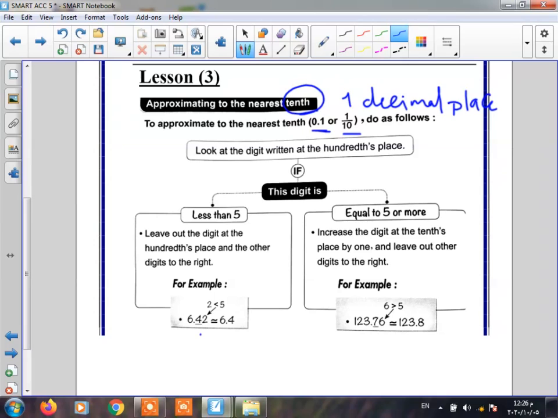Look at the next number, 2. 2 is poor, less than 5. It can't give 1, so I will cancel 2, and the number will be 6.4. Okay, the next one,